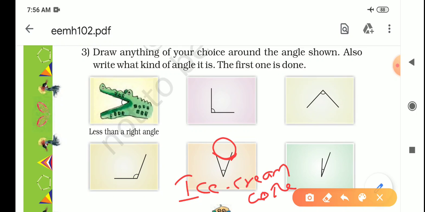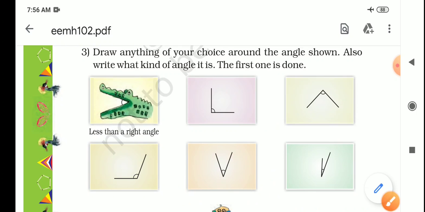And in bracket I will write AA, that means acute angle. Okay, there is not a lot of space, so I am writing like this. You have to write with your pencil in your textbook, and you have to draw with your pencil only in